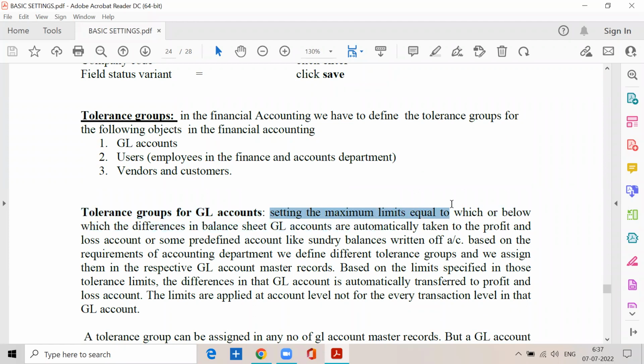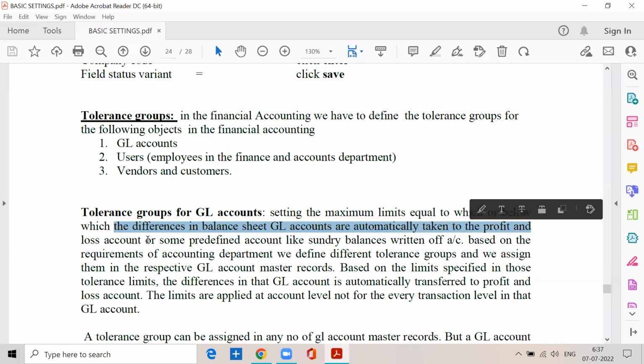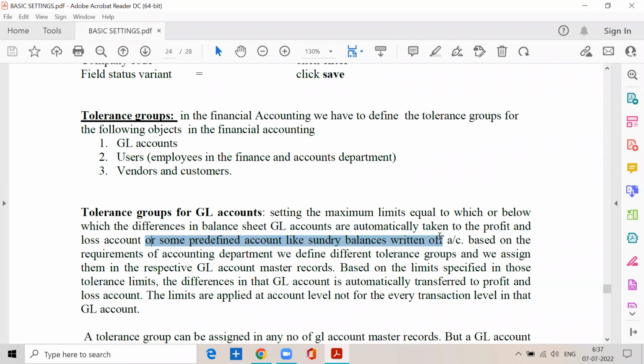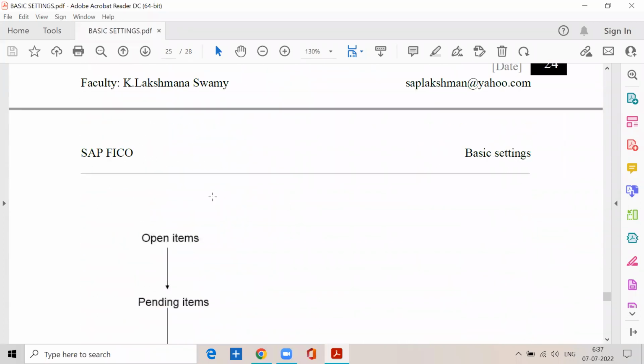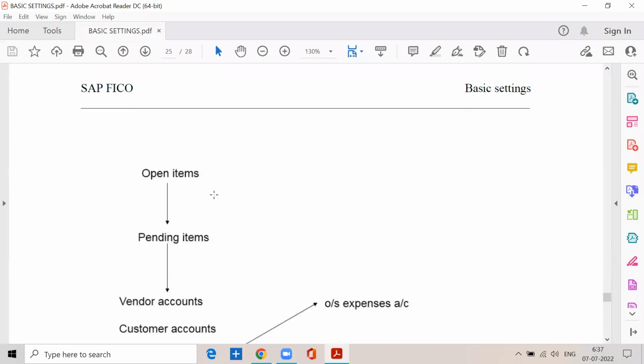Setting the maximum limits equal to which or below which the differences in the balance sheet GL accounts are automatically taken to the profit and loss account or some predefined account like sundry balances written off account. So before understanding tolerance groups for GL accounts, we have to understand one more concept,